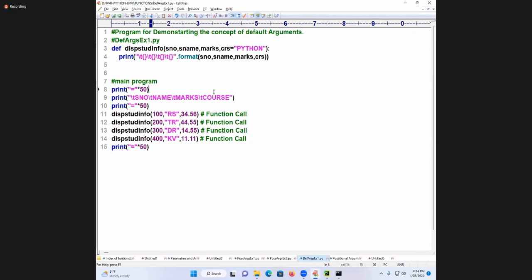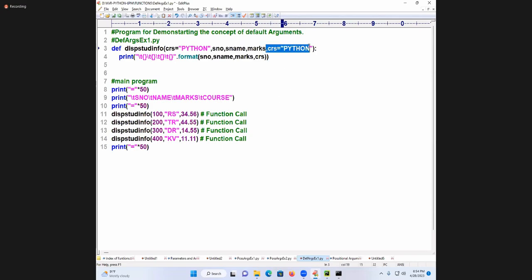Got it? What is the rule of a default parameter? A default parameter is always used last. You cannot use it in the middle. You cannot use it first. So coming to the point, try to use it in the beginning once and then check it. And then check it.